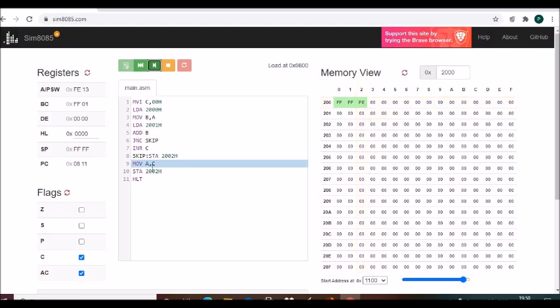Okay. Now the data from the C register will be moved to the accumulator. So let us execute. So the C register was 01, so the accumulator is now loaded with 01. Okay, so the data of the C register has gone to the accumulator. Okay, now STA 2002. So whatever data is there in the accumulator, that is the carry, will go to 2002.